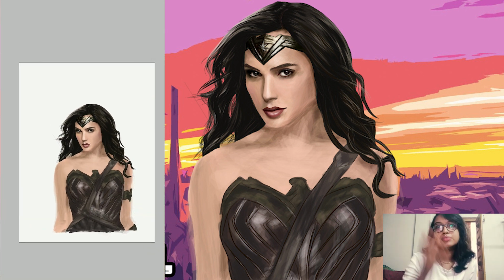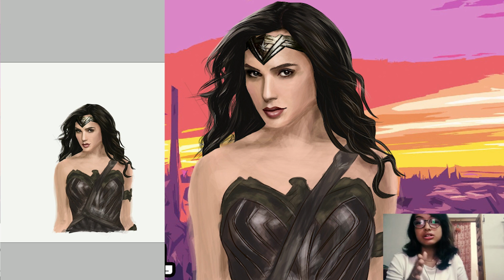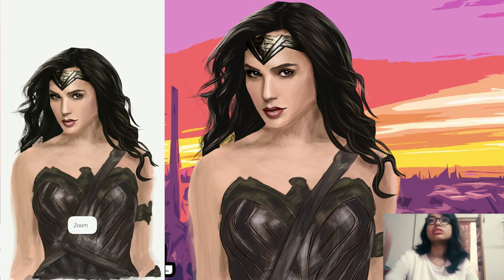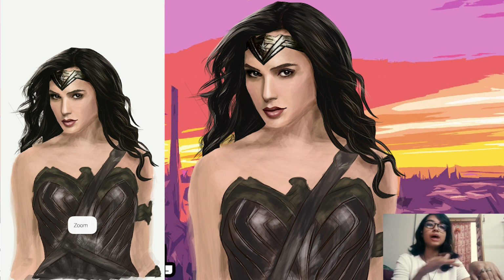And when I zoomed it, you will see that the face part is quite okay as far as the skin is concerned, and then I shifted to the collar and arms part where I did it in quite a hurry. So if you zoom in quite a bit, you will see the difference.